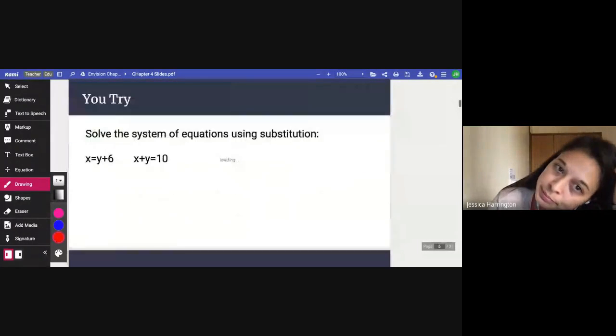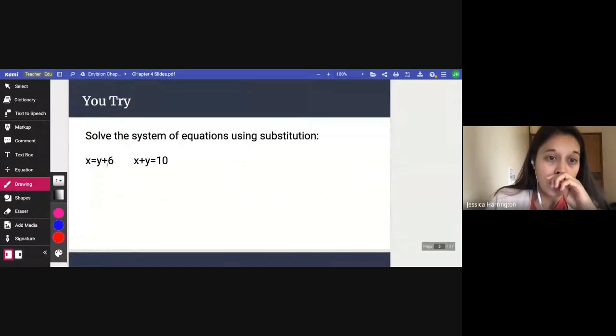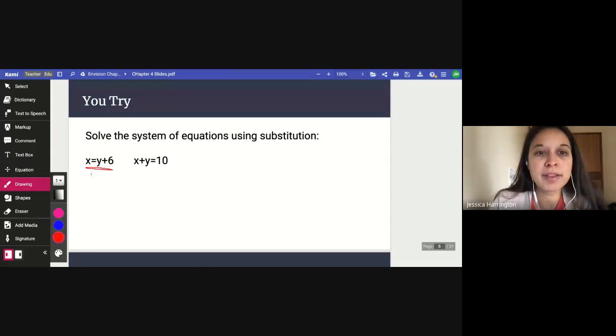Let's do this one. x equals y plus 6 and x plus y equals 10. So remember, my first step is to find if I have x equals something or y equals something. I don't need to rearrange. I already know that x equals y plus 6. So I'm going to substitute that in here. Instead of x, I'm going to write y plus 6. I like to put it in parentheses to keep it nice and organized. And then I'm going to write what's left, plus y